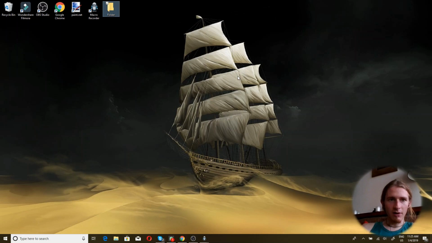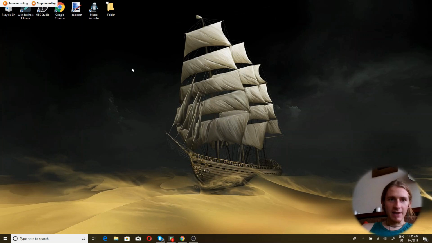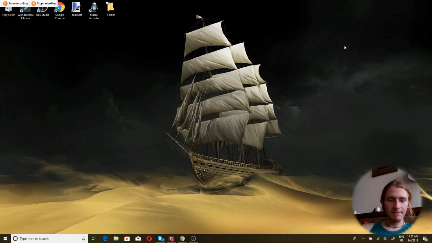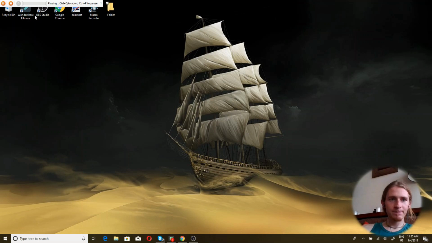Going to click Control R to record. It's going to delete my existing macro. And now what I'm going to do is I'm just going to click here in the desktop, and then I'm going to double click on folder, and then I'm going to exit. Okay? And now clicking Control R to stop. And we are going to see here that we have a series of commands that the macro will perform. So now if I click play,